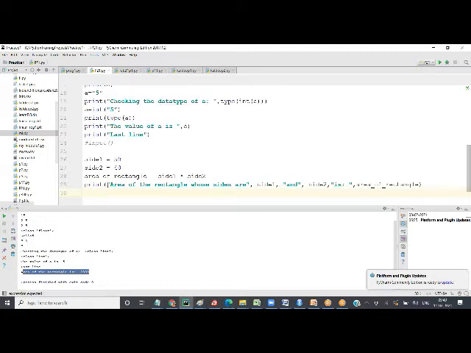So when I run this, it will print this text, then the value of side 1, then the text, then the side 2 value, then the text "is", and then the value of area of rectangle. Okay, let me run this and see.